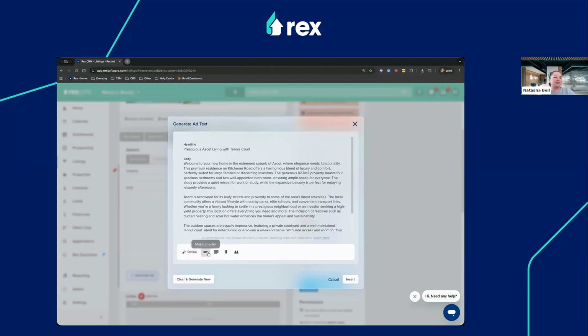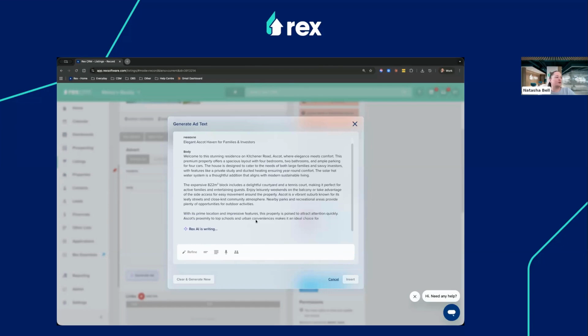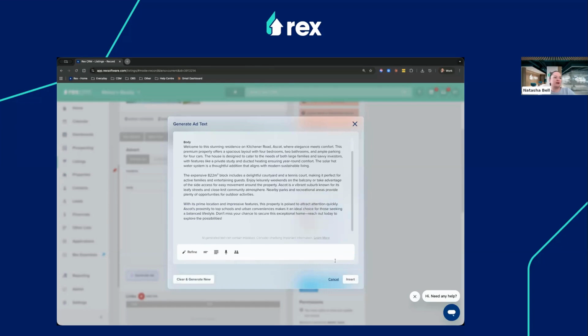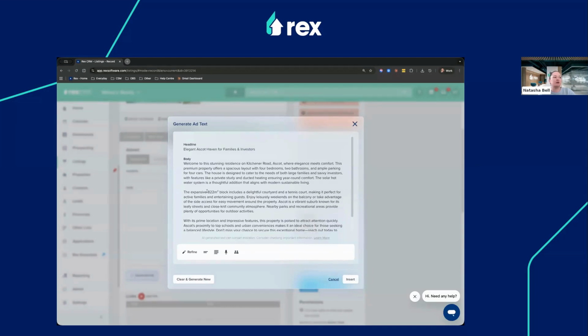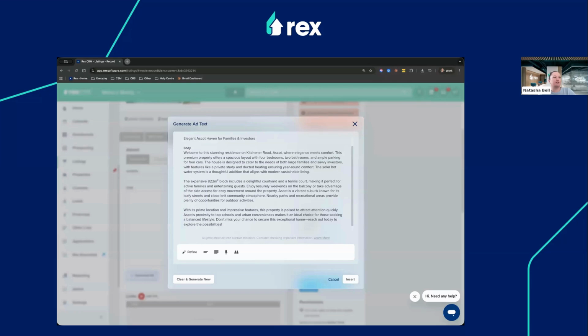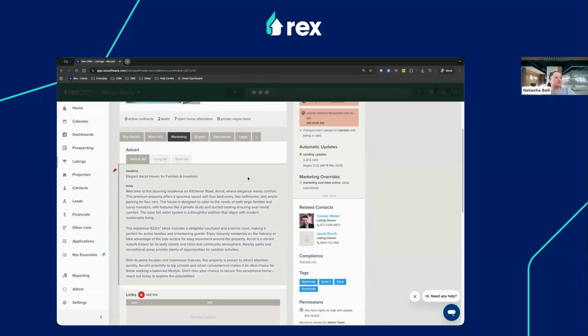So it's quite good. You can refine it, make it shorter, make it longer. Adjust the tone again. So if every time you want to make sure yours is really friendly, just do friendly again. And then this is the marketing text that would be pushed through to the portals. So obviously you want to proofread it, but if we look at this and go, okay, yeah, that's pretty good. It's pulling from the listing record. So things like the size, the area, who it's suitable for,